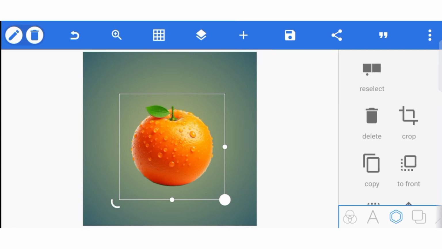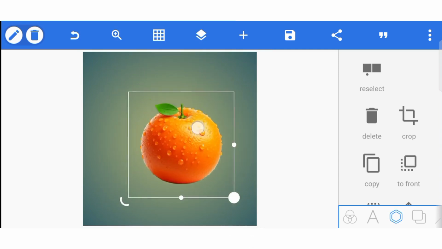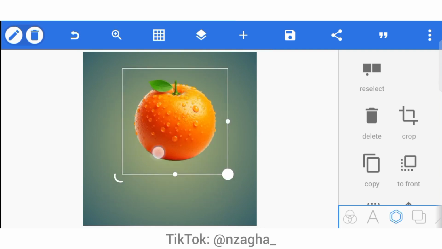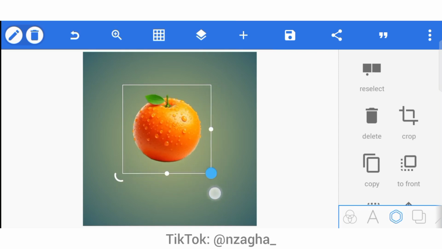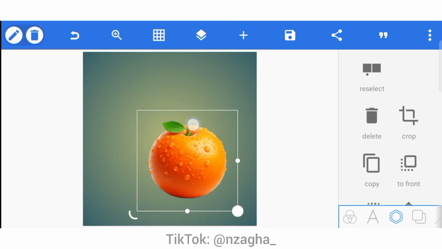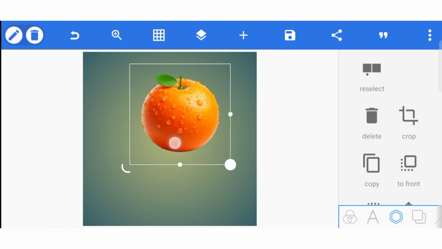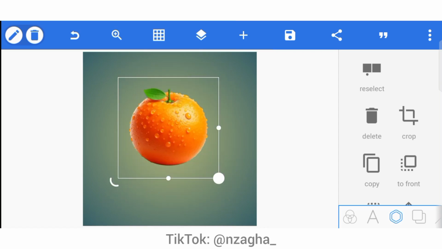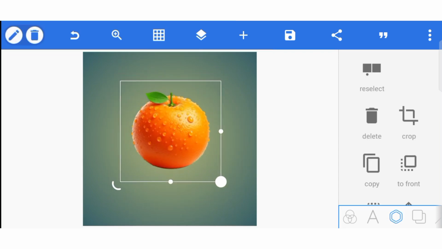All right. So here in my workspace, I have this image of an orange, right? There's no background on it. So I'm going to use this as an example to demonstrate how to create the blur effect in PixelLab. You can import your image, whether it's a background or no background, it still works. So I'm going to be using this image. So I'll select it,